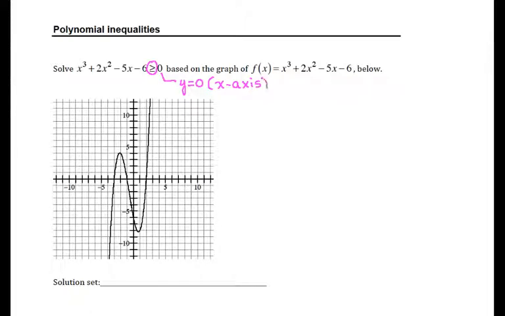And because my inequality is a greater than, it's a greater than or equal to, but for the purposes of figuring out the direction, I'm just considering the greater than. I am going to interpret that as the word above. So my first task is to highlight the portion of the graph that is above the x-axis. That would be this portion